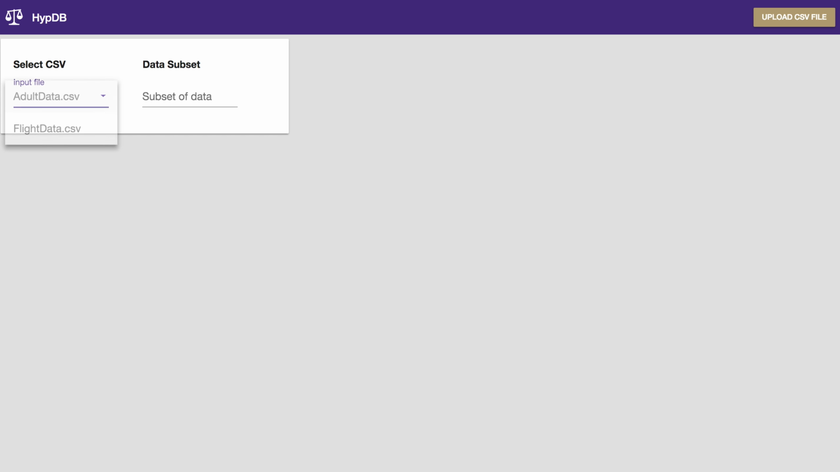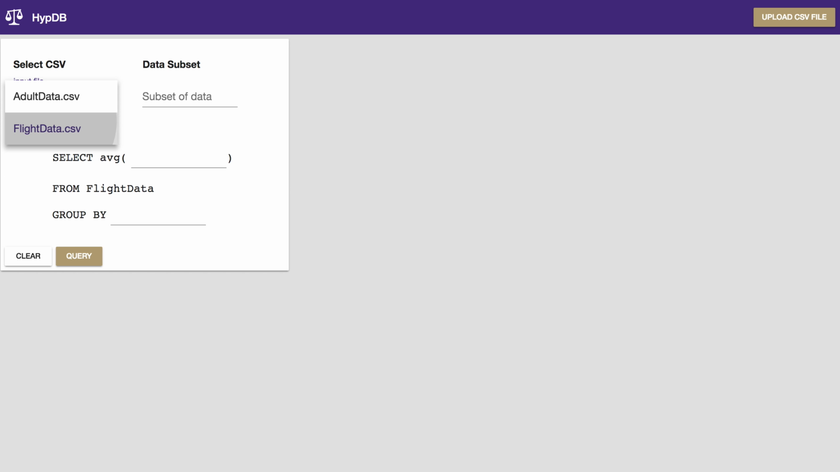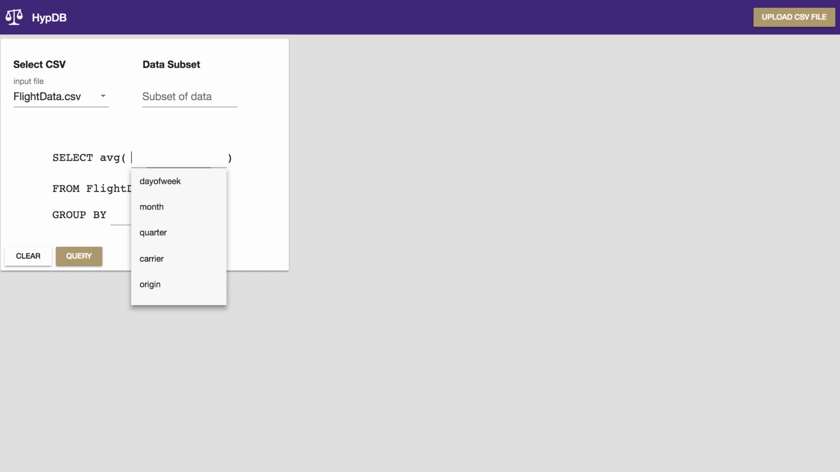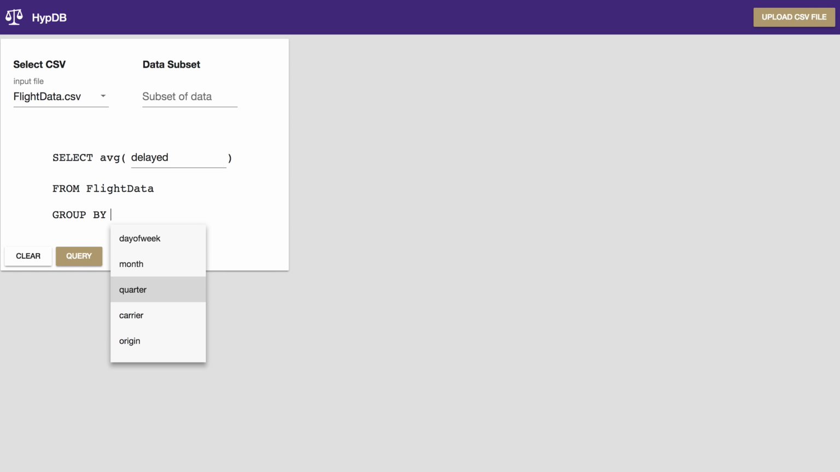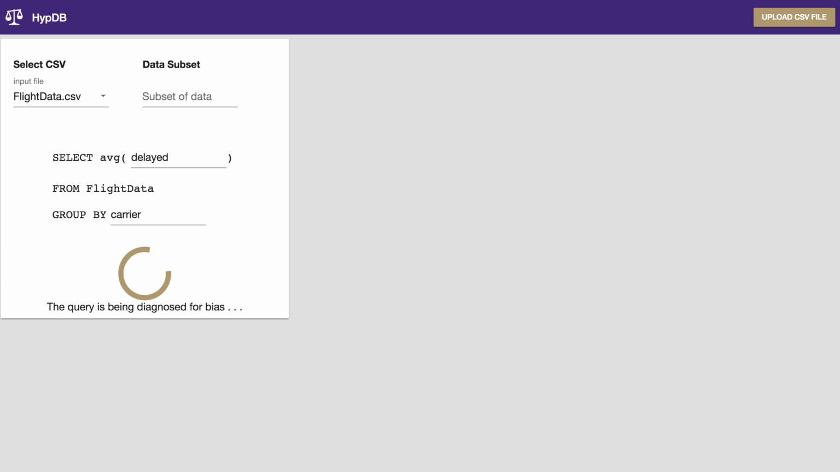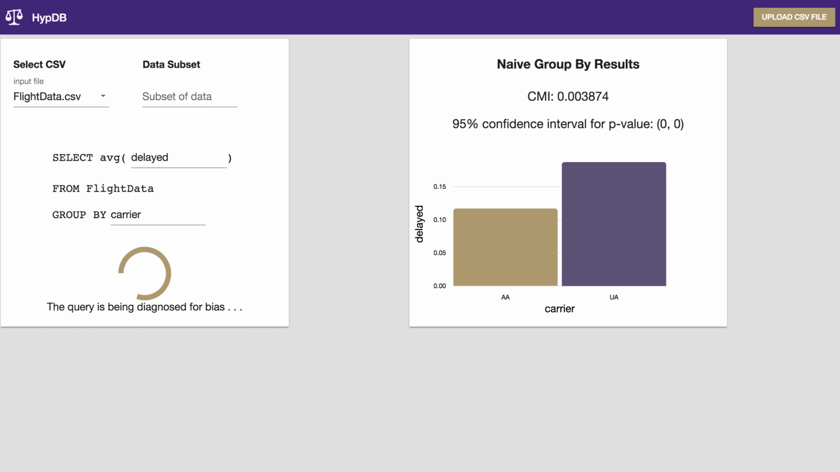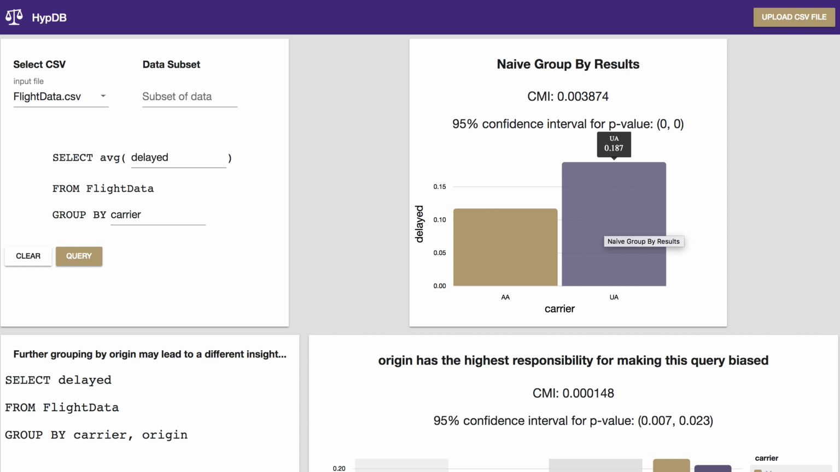HypDB accepts as input a group by OLAP query and assumes that the query is used for decision making. In this case, with the simple group by query, our goal is to understand what is the effect of choosing between one of the two airlines on flight delay. As we have discussed before, the answer to this naive group by query suggests that American Airlines performs significantly better